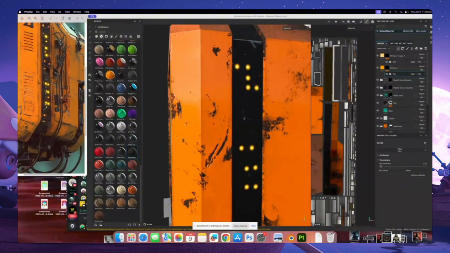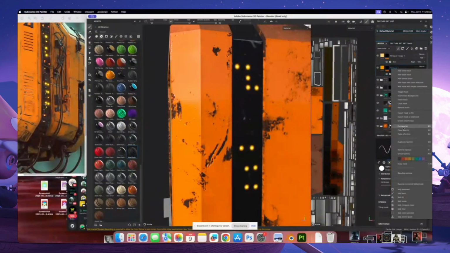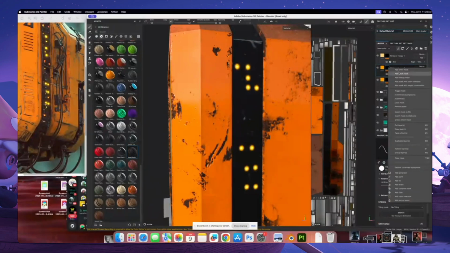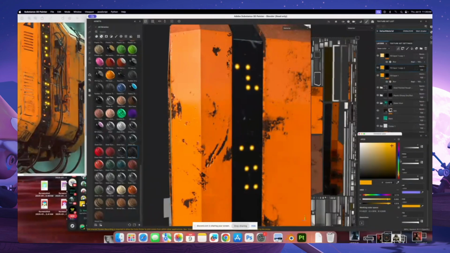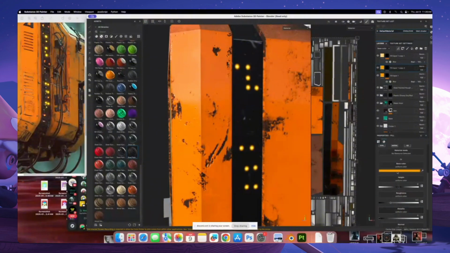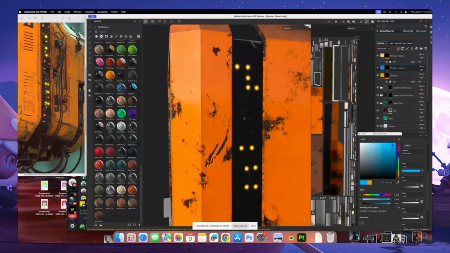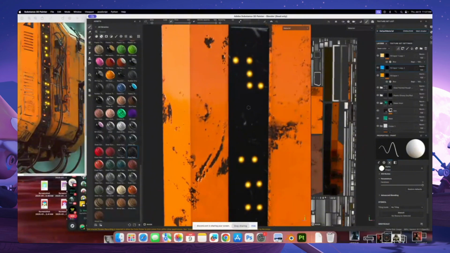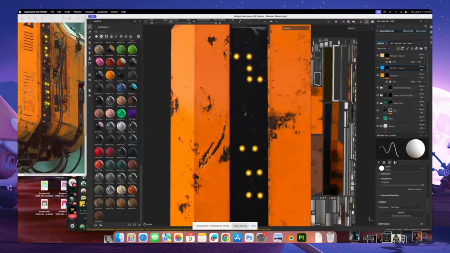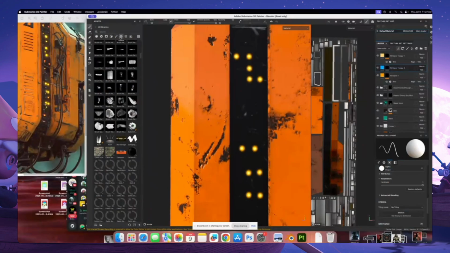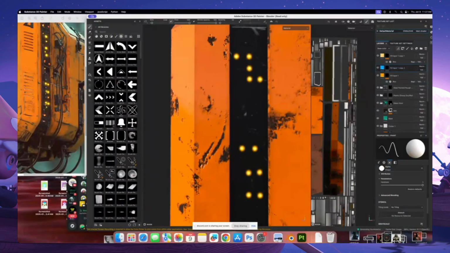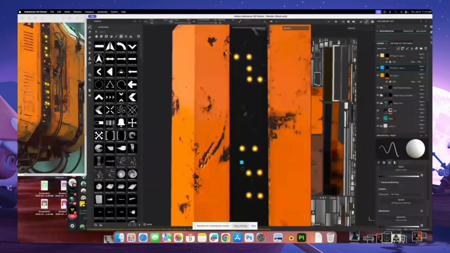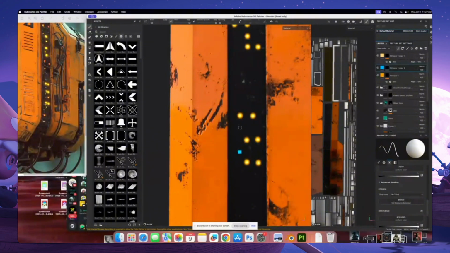Now, if we look closer at this, we can see to the side here that there are all these little metal lines, some blue lights too. So we can add some additional details here as well. We're going to add some more lights. I'll go ahead and just duplicate what I already have, and I'm going to just change it to blue. And we're going to go ahead and add in a couple more of these little lights, and they look like they might actually be squares. So I'm going to go ahead and get a nice rectangle, just a square. Actually, I can just do this and it'll make perfect little squares. And I'm going to go ahead and just pop a couple of blue squares